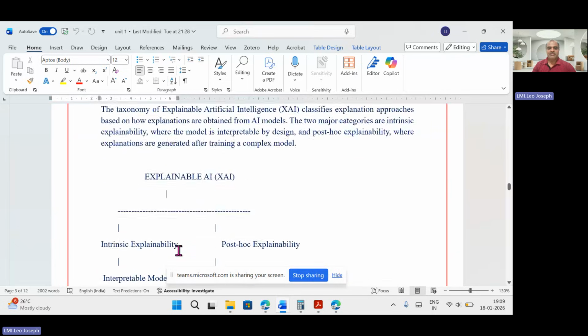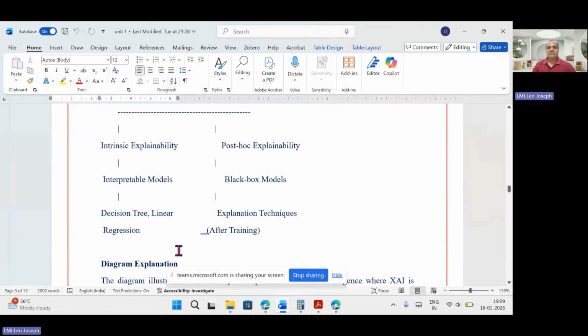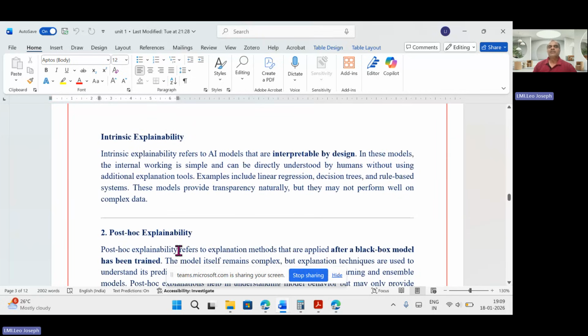So these are the key terms, and we have different terms like intrinsic explainability and post-hoc explainability. What is intrinsic explainability? We will see. If your design itself is understandable, so I am giving the input, it is going here, it will do like this, and it will come here, it will do like this, if and else it will compare, and the result will come here. If the design, the internal architecture itself, is understandable or interpretable, that is called intrinsic explainability.